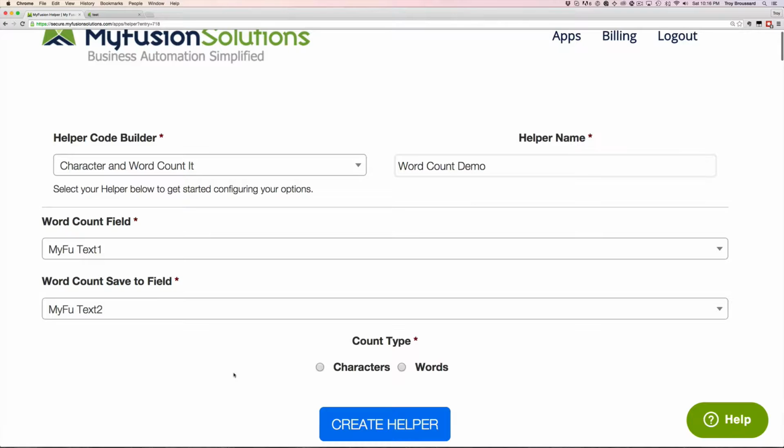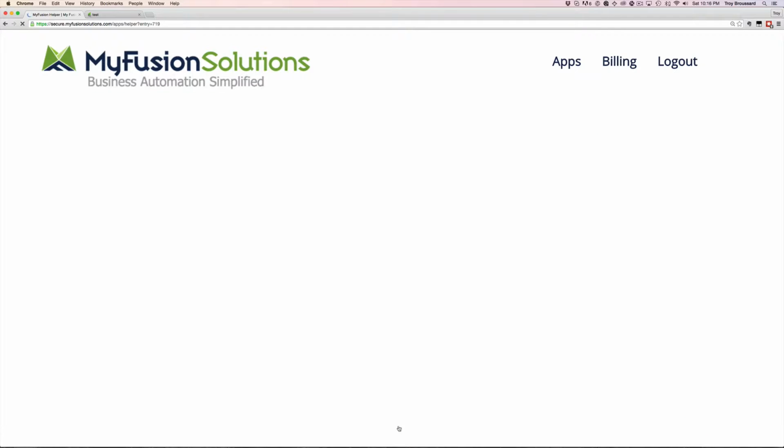Now, we have two different options here to select. We can either count the characters or we can count the words, and it'll parse out the number of words. Generally, I'm using a word count, but you could use character count as well. They might have more scientific reasons for the character count, but generally we're looking for word count. So I'm going to go ahead and do that and create the helper, and that's really all there is to it. It's very straightforward. You're just selecting a source field and a destination field and telling it whether to count